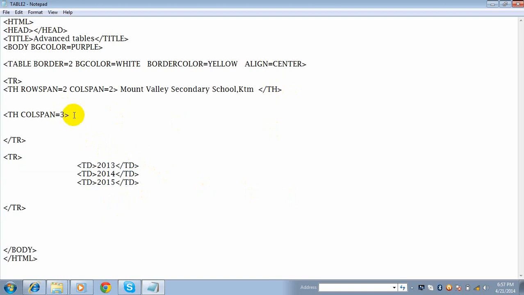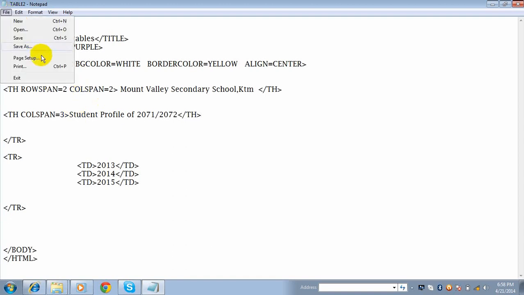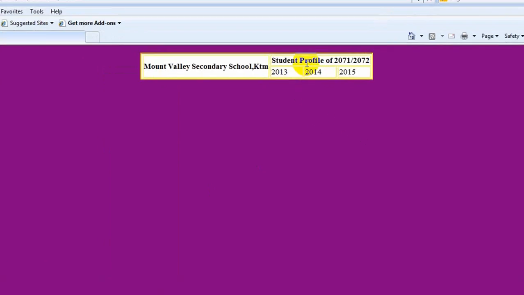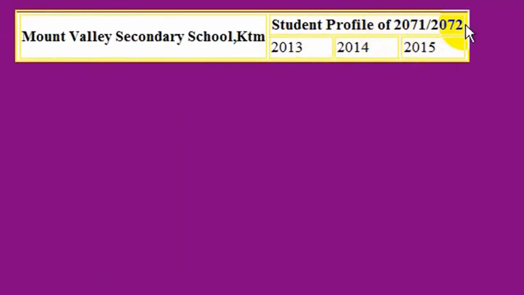For example, student profile of 2071-72. Okay. Now just close this table heading, save the tags, go to a browser, right click, refresh. What is here? The student profile of 2071-72 has been displayed here, and here you can see we have merged